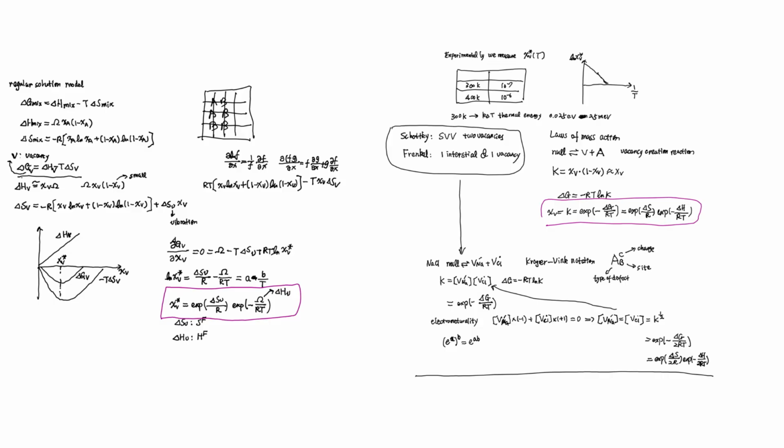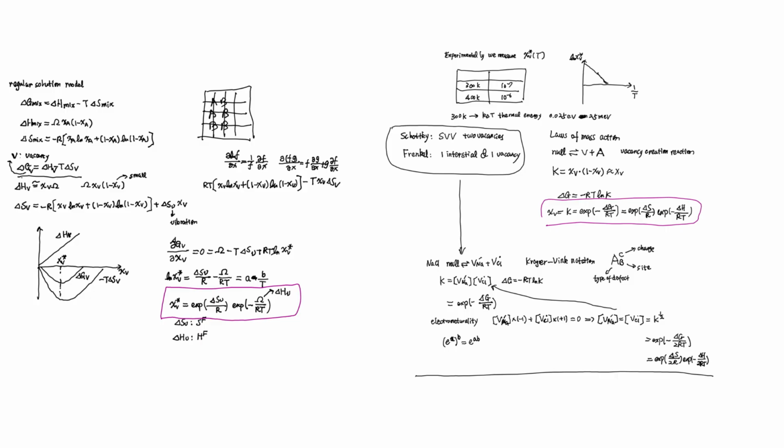By mimicking what we did for the regular solution model, we can write ΔG is ΔH minus TΔS. We're dealing with vacancy, so instead of mixing, we're using the subscript capital V over here. So for the ΔH_V,